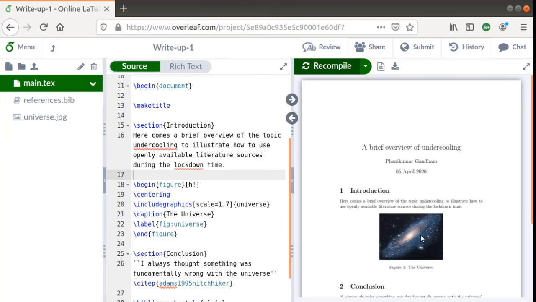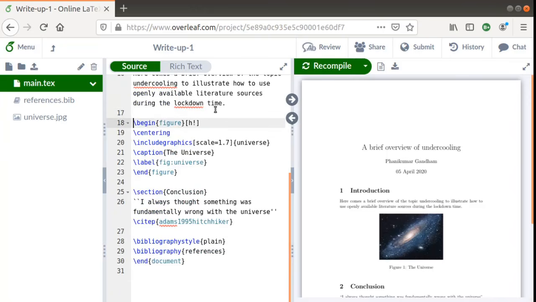Now this image you could actually change by uploading it on the first pane using the upload button, and once you change it you can copy the file name at this location, okay, without the .jpg ending. If you want the image to be scaled, you can use this number to change, and a bigger caption can be given here, and here is a label which you use to refer to the figure in the text. Okay, so how do we refer?